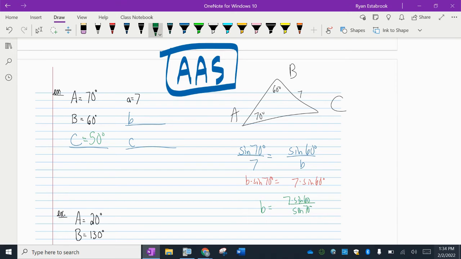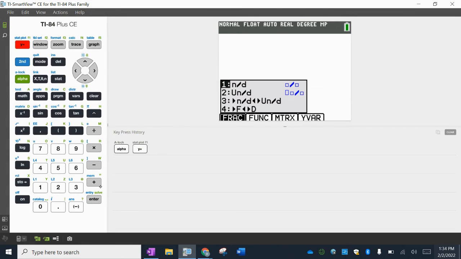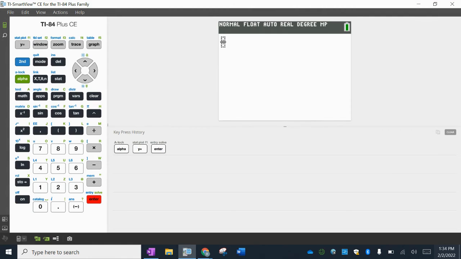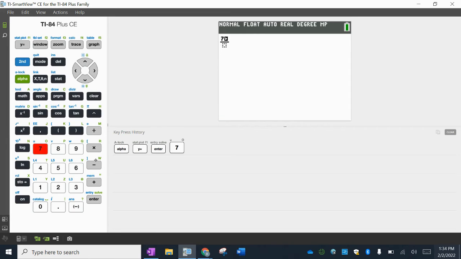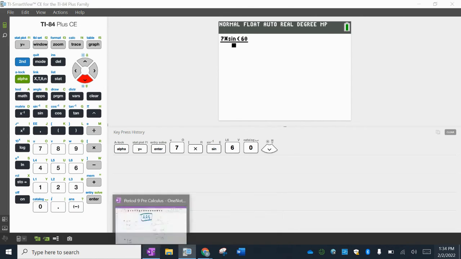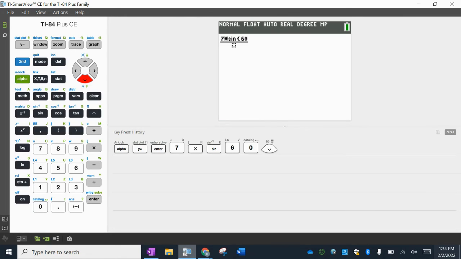Calculator. I like doing alpha y equals n over d, getting the numerator over denominator, just so when I put it in there, I'm not worried, like, did I use the right number of parentheses? Is it actually doing what it's supposed to do? And so I'm going to enter in the numerator 7 times the sine of 60, and in the denominator, I'm going to divide it by the sine of 70. And I'm getting